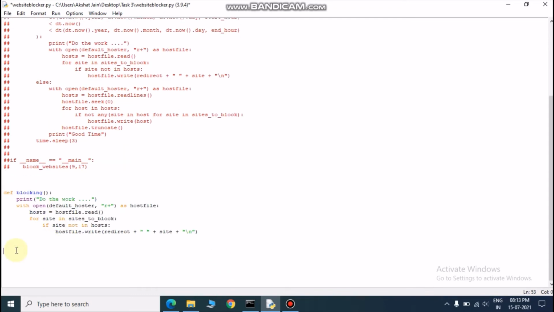Now we want one more function for unblocking, so I will make that again. And we will simply copy paste the else part.